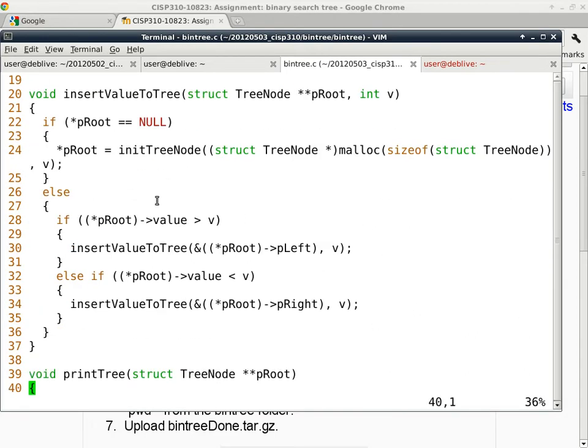Excuse me, insert value to tree, which is kind of complicated in a way, but it's not really that complicated. It has conditional statements. This is an outer conditional statement, and then within the else of the outer conditional statement, we also have an inner conditional statement. The condition of the outer conditional statement is to compare whatever p root points to and see